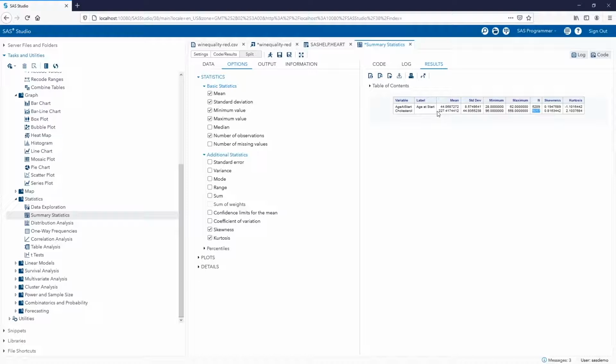For the cholesterol variable, we have a mean of 227, standard deviation 44, minimum of 96, maximum 568. So like we said, we have some observations missing in this variable. The skewness is not too high, it's not above 1, and the kurtosis is 2.1. So let's create a plot so that we can see how the variable's distribution looks with a superimposed normal density curve. Click on Run.